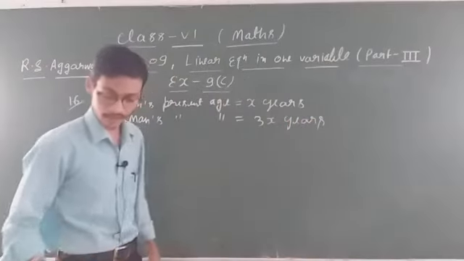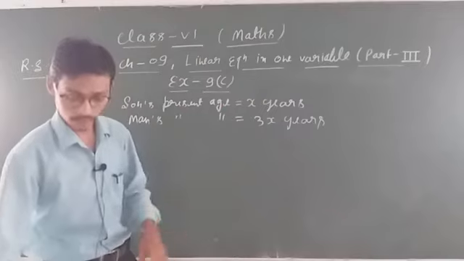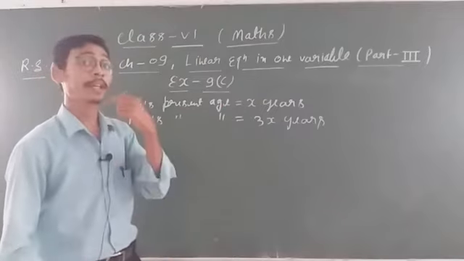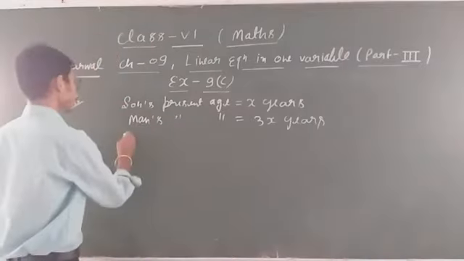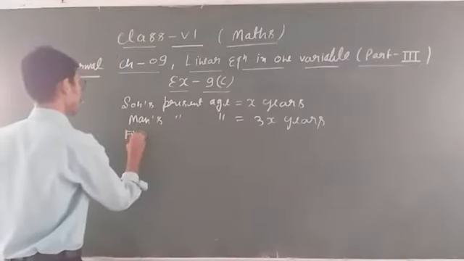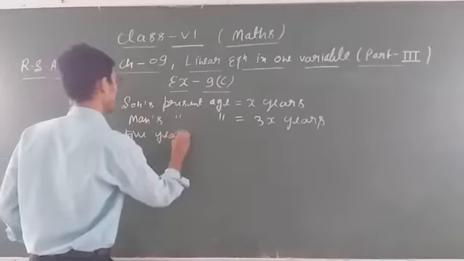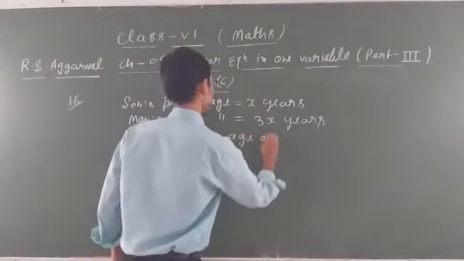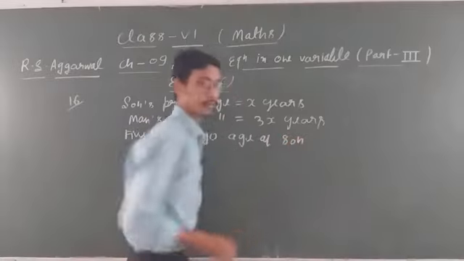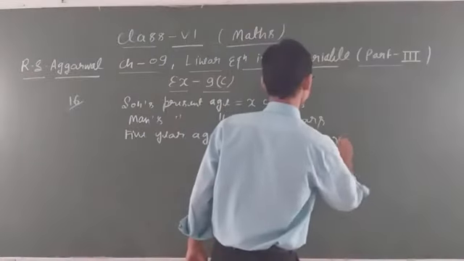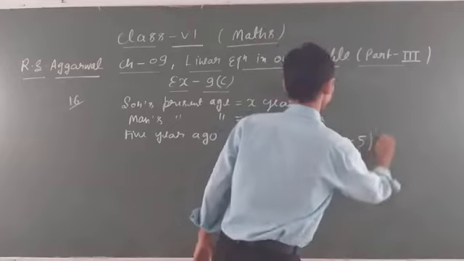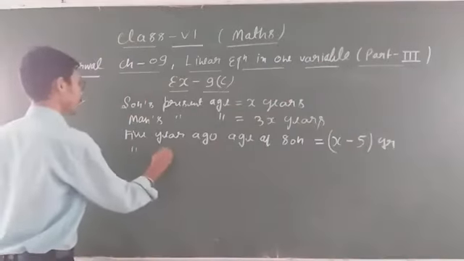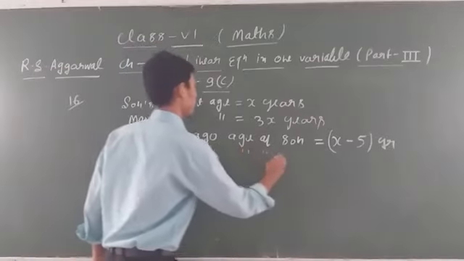Clear, student? Now what is given? 5 years ago the man was 4 times as old as his son. That is, 5 years ago, the age of son will be equal to x minus 5 years, because ago is given. Again, 5 years ago the age of man